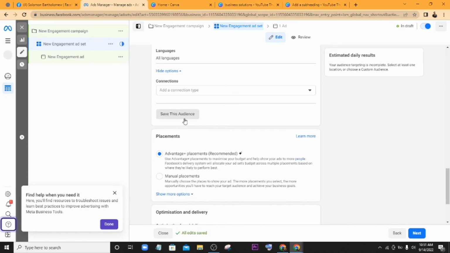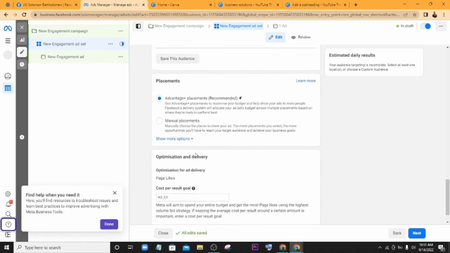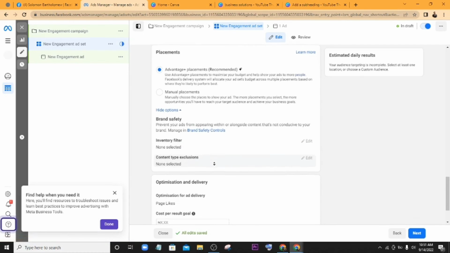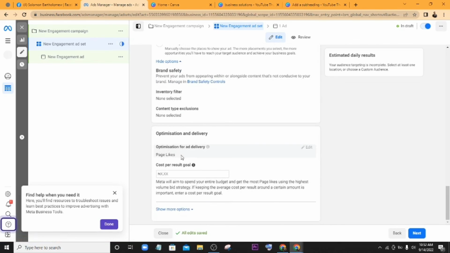Where do you want your ads to show? You want it to show in Messenger, in Reels, in feeds, in the right ad column on any laptop, wherever you want your ads to show. And if you click manual, it will give you an option to pick the specific locations. But if you leave it at Advantage placements, Facebook will select where your ads will show that is more beneficial to you. Okay, so your brand safety, all of these, you can leave them as they are. Facebook picks the best for you.